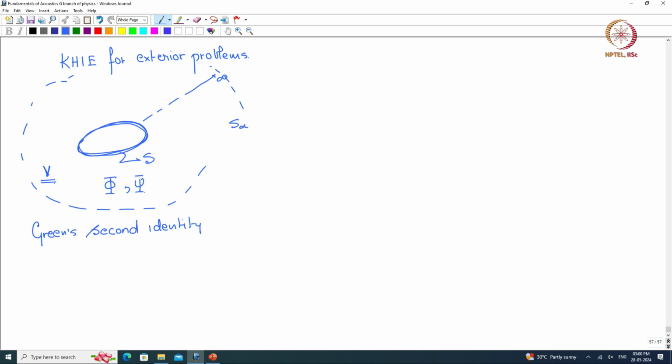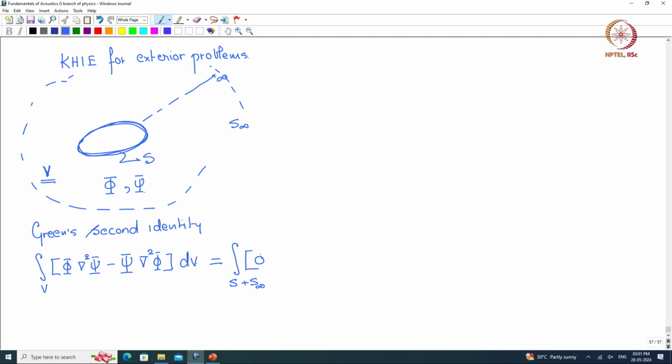There is a surface at infinity and there is a surface at S, and in between is this volume V. Then I have this volume integral of phi del square psi minus psi del square phi over this volume is equal to this integral over these two surfaces, now S plus S infinity